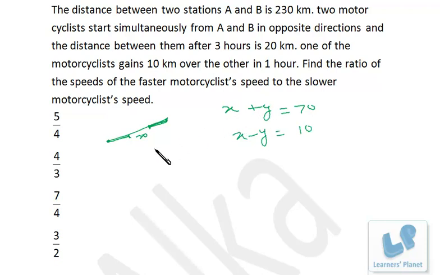Now what I want is x by y, right? If you have to find out x by y, what can you do? Add up both of them. So that's 70 plus 10, 80. To find y, deduct this from this. So that's 60. So this is the ratio of their speeds, 4:3, right? Not much paperwork is required, no more calculation is required. This question should not take more than 20 to 30 seconds to solve. Okay, I hope you are clear.